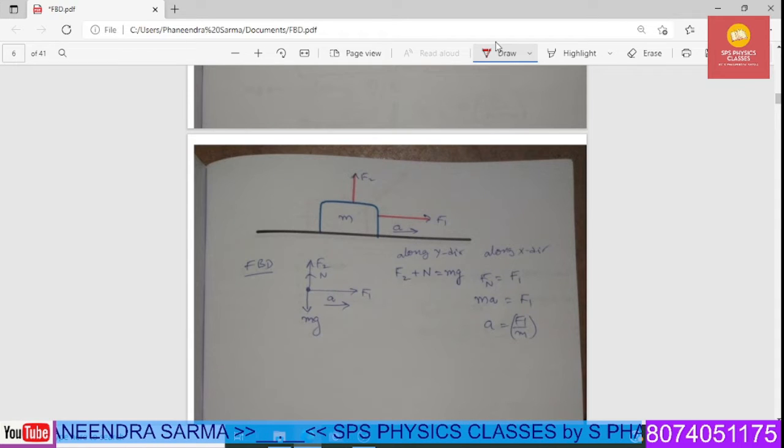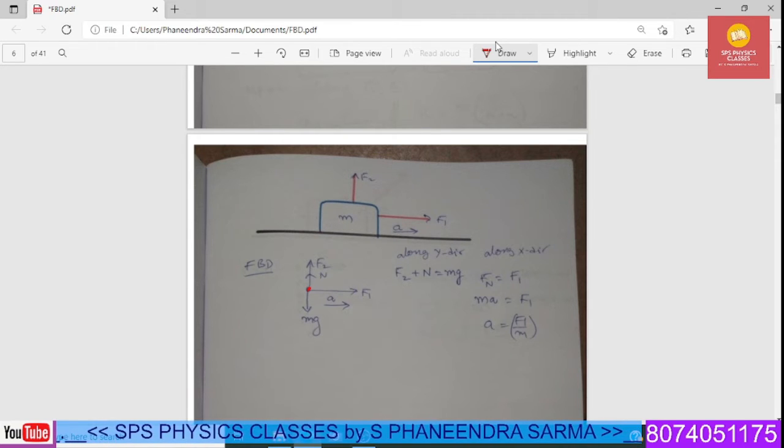Now in the given problem, the object is still moving in the horizontal direction, but instead F2 acts in the perpendicular upward direction. In such a case, by replacing our entire block with a dot here, we identify the forces: F1 along the x-axis, F2 along the y-axis, normal reaction along the vertical upward direction, and mg along the vertical downward direction. So indication of forces is over. Next is acceleration a, which acts along the horizontal direction. So we got the acceleration a.